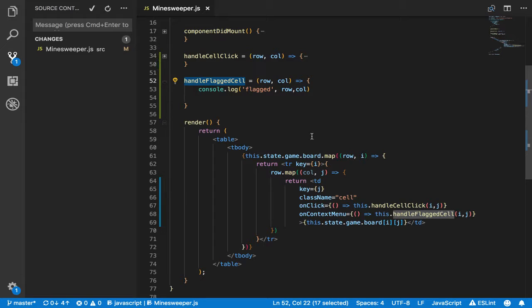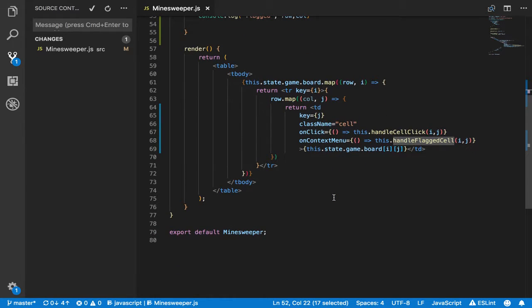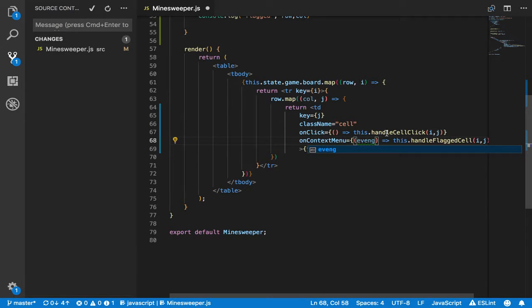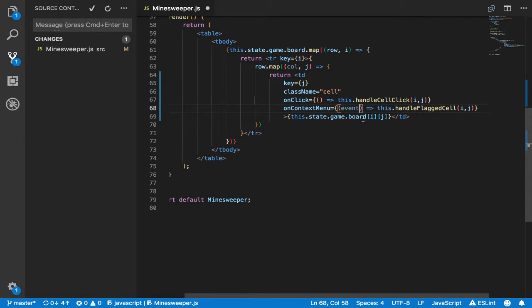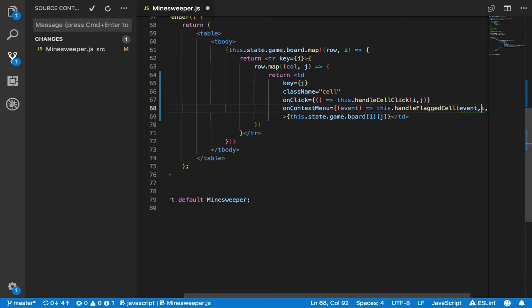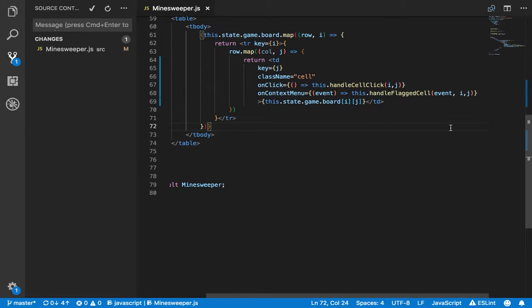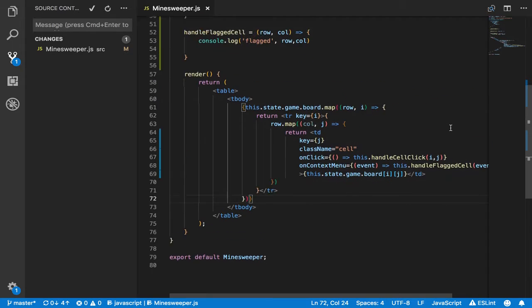So now over here, where does the event come into play? On context menu. It's right here, right? So remember, this is an anonymous function, and every event takes it. So you want to say, hey, take this event and pass it down into my function. The current event down here in my anonymous function, pass it into my handle flag cell. And then up here, in my handle flag cell,